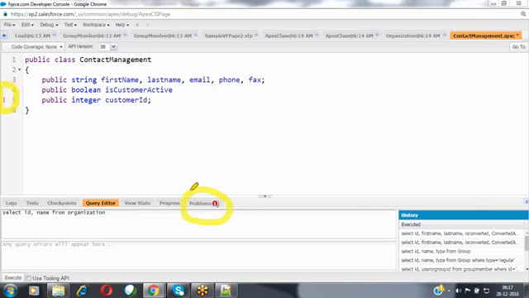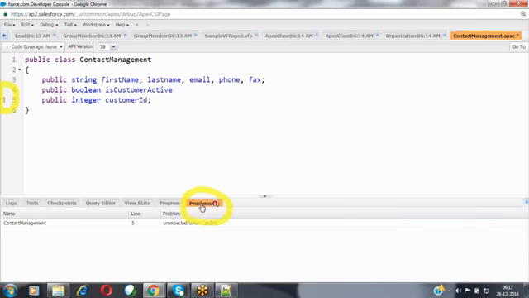So what is that error message? When you click on that Problems tab and expand it, it provides the error message to you: unexpected token public. After this particular statement, it is expecting a semicolon, but unexpectedly it got the value public here. Nothing but this statement is not ended properly.